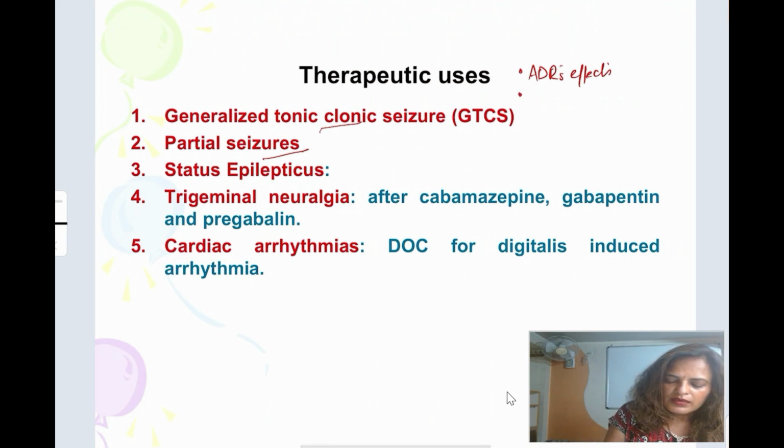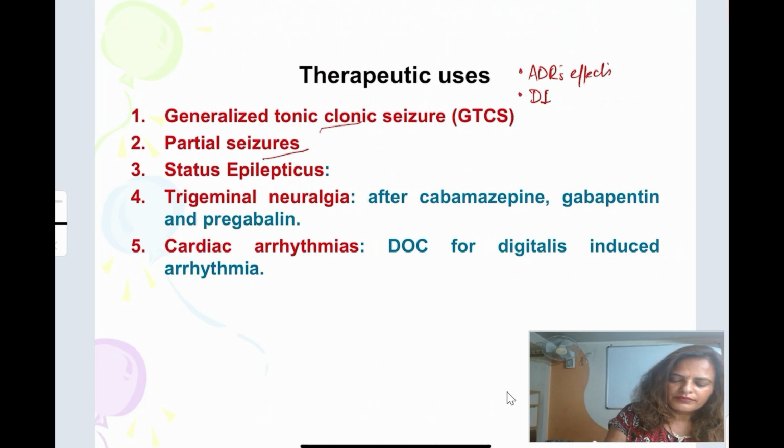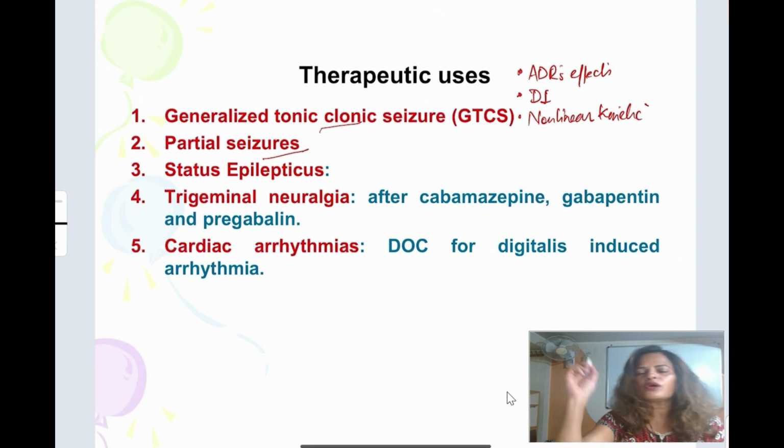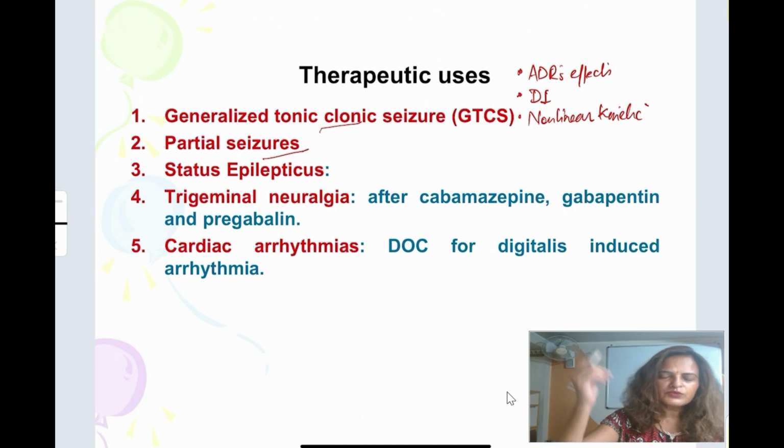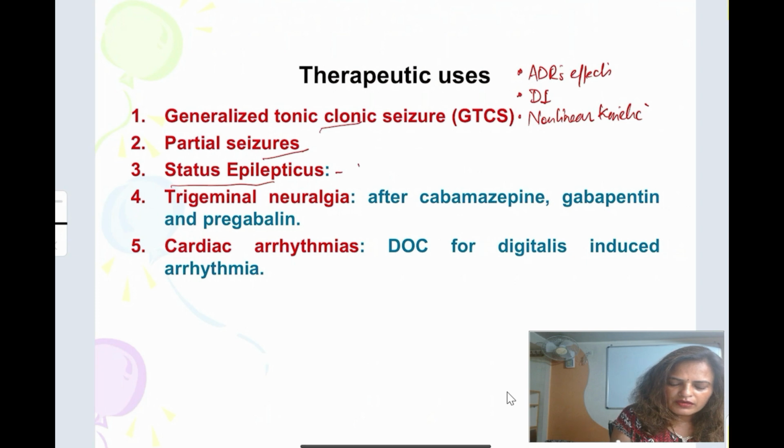Then important drug interactions. There are many drug interactions seen because it is highly bound to plasma protein. It is an enzyme inducer. And another one is that it follows non-linear kinetics, from first order to zero order, so we have to maintain its plasma concentration, which is also difficult. So nowadays, when do we use it? When other available drugs cannot be given to the patient, only then we put the patient on phenytoin. And for status epilepticus, here we give a prodrug of phenytoin that has